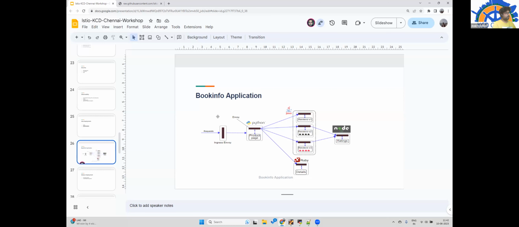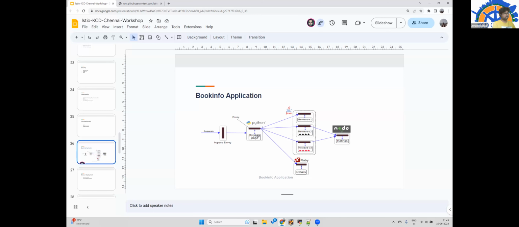Now moving to the Bookinfo application. It is a polyglot application, and the common deployment has a Java application. Basically, it's a book review application. It has a product page, which is a website, a portal, which will be connected to by the browser. It will publish all different kinds of book information.